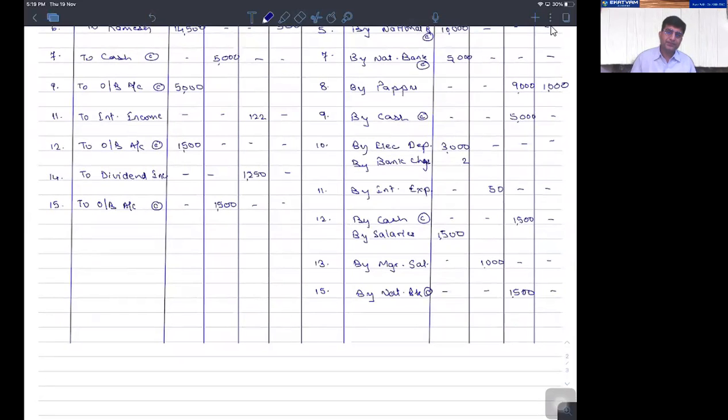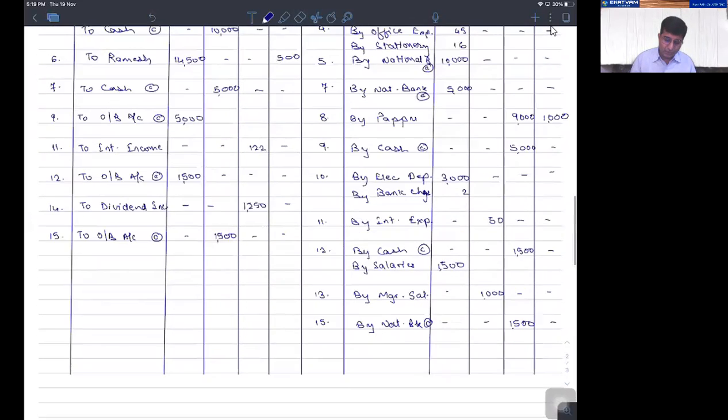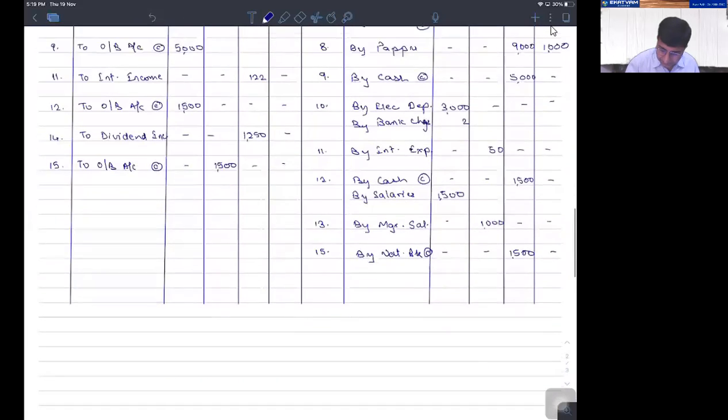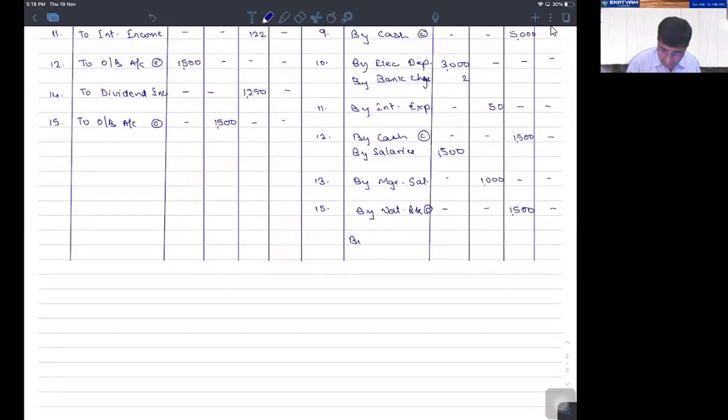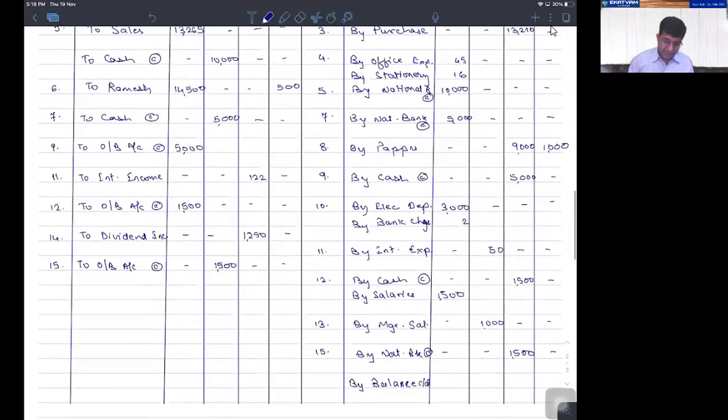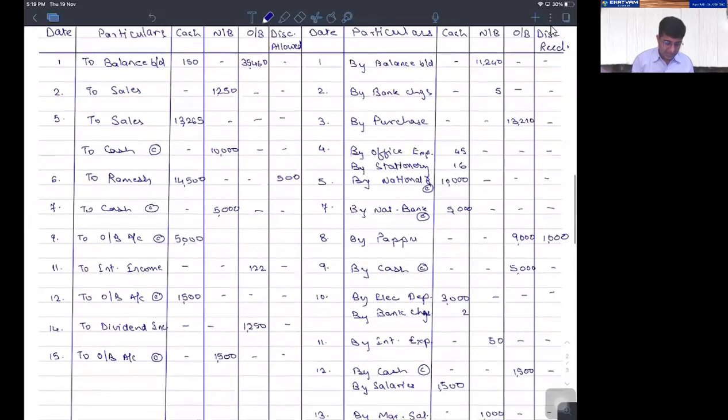Am I right? And then we have to do the balancing of these columns. Balance carried down. So in my cash column, the debit amounts are